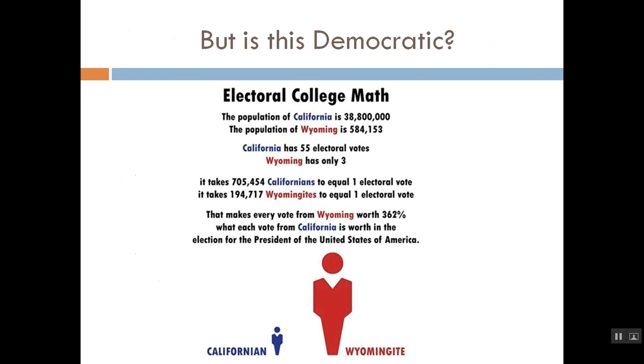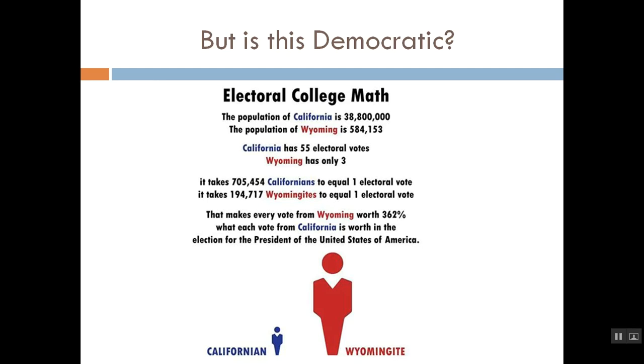And to illustrate how this works, let's look at this slide, where we have some dated numbers. These are a little outdated, but the proportional representation here is approximately equivalent. So what we're going to find is that the information on your slide right now compares California, the most populated state, to Wyoming, the least populated state. California has 55 electoral votes compared to Wyoming's 3. Well, that seems fair. California has a lot more representation in December than does Wyoming because California has way more people than does Wyoming. But remember that the population of California is something like 45 million,